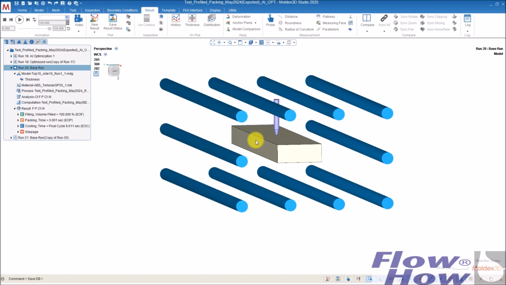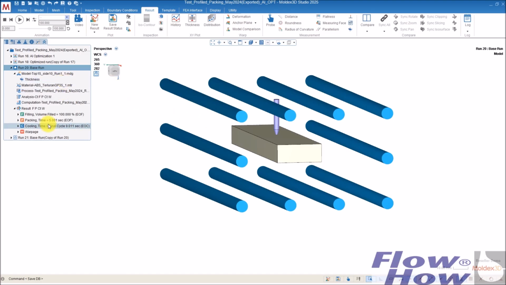In this case, with an AI optimization, you don't have to run all the simulations. You only run one simulation, and you get the output of one of the optimized choice.